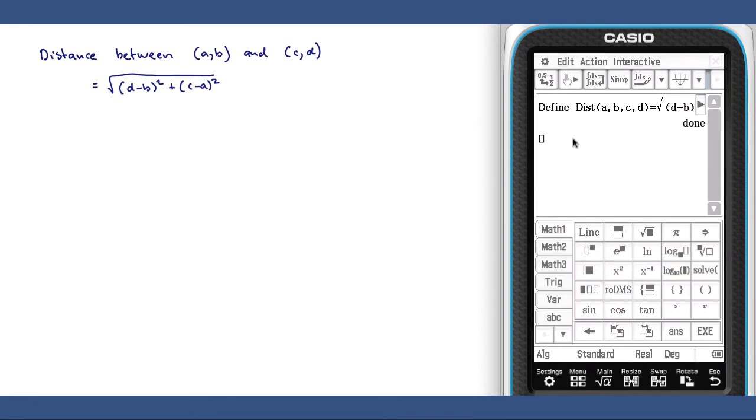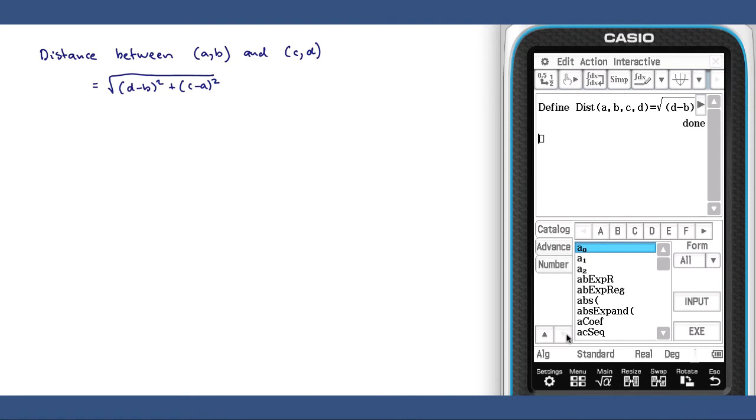Now that this is done, we can use our user-defined function. It can be found in the Catalog menu. Choosing the drop-down under the word Form, we can see the formulas that are user-defined. And in this case, we have just the one called dist. With the selection bar highlighting dist, we press Input,